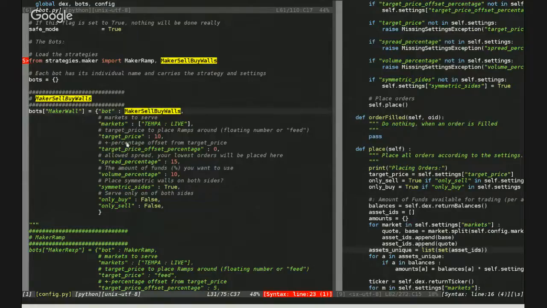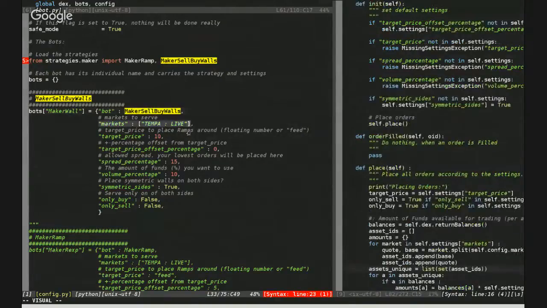And then there are a bunch of parameters, and the parameters are mostly just handed over to the strategy itself. In this case, we have markets that we are dealing with. We have a target price of, say, 10 live per temp A. We have a target price offset percentage. If you have something here that, instead of a concrete price, you could also take the feed. Some bit assets, for instance, have a premium. If you want to sell above the premium at a given spread, you can put an offset over here